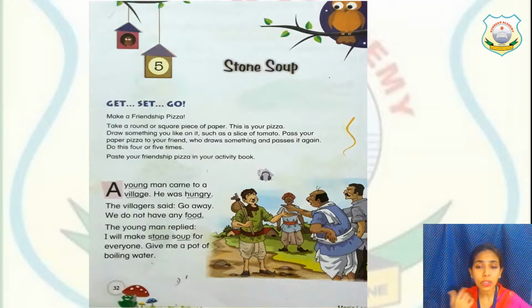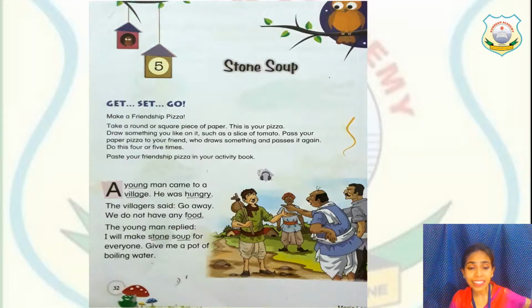So who was the one who came to the village one day? A young man. Was the man old or young? It was a young man, not an old man. You can see here. देखो क्या ये old man दिखता है? No ना, it is a young man. तो अगर question मान लो आ जाए, the dash man came to the village, तो आपको क्या लिखना होगा? Young या old? Young, of course, right?